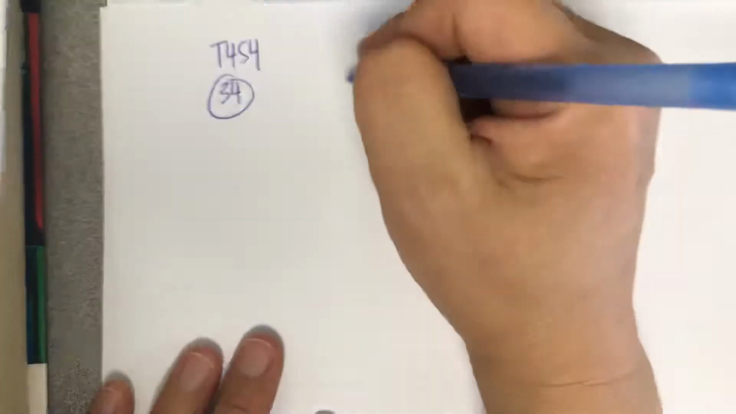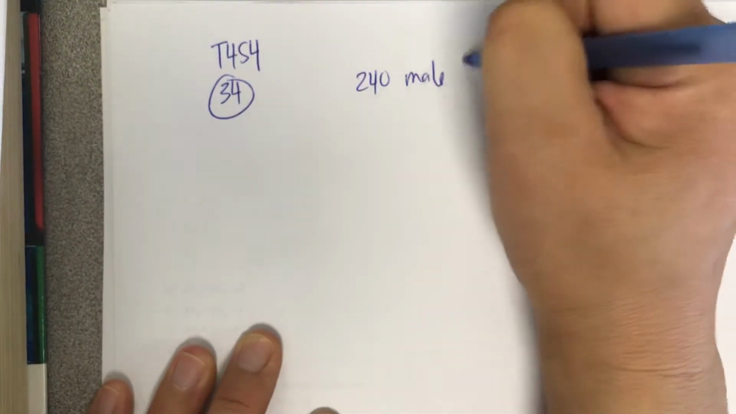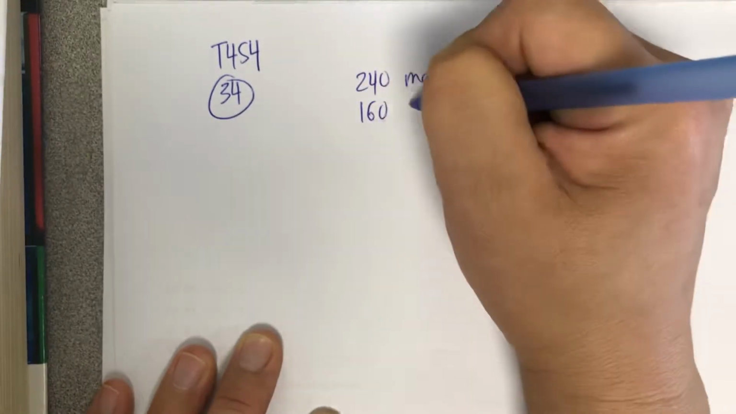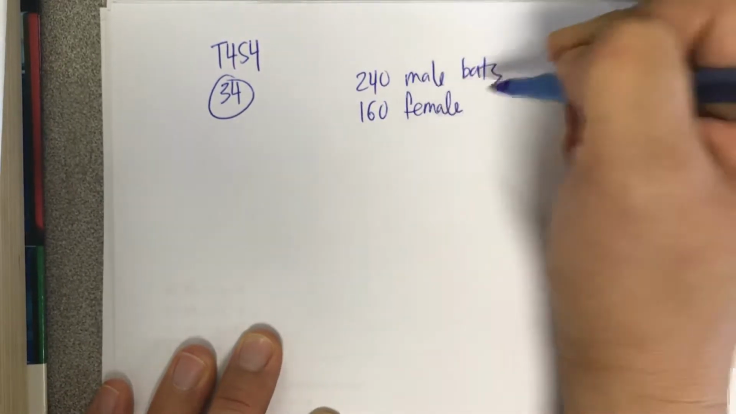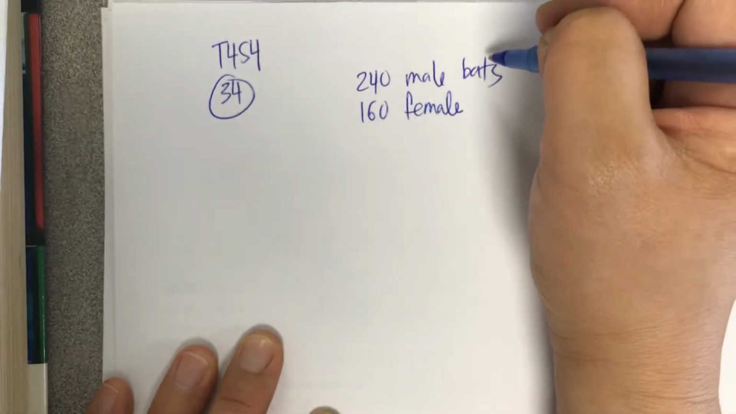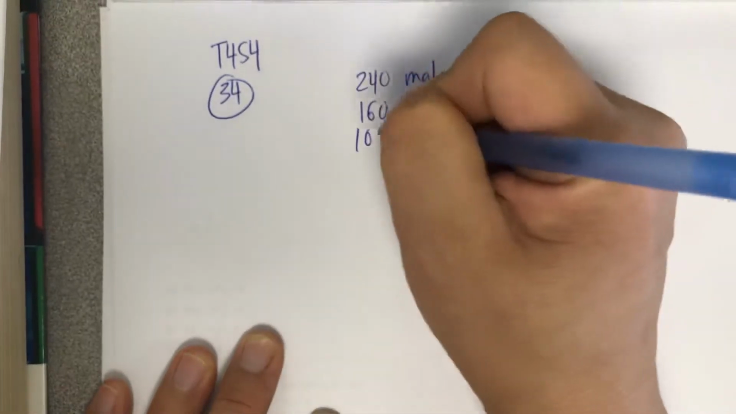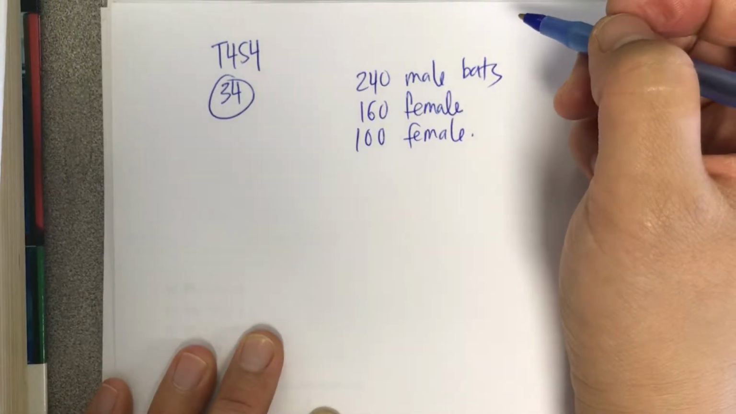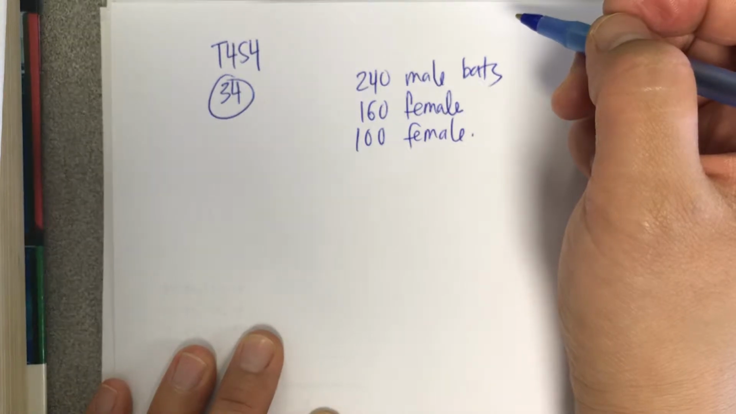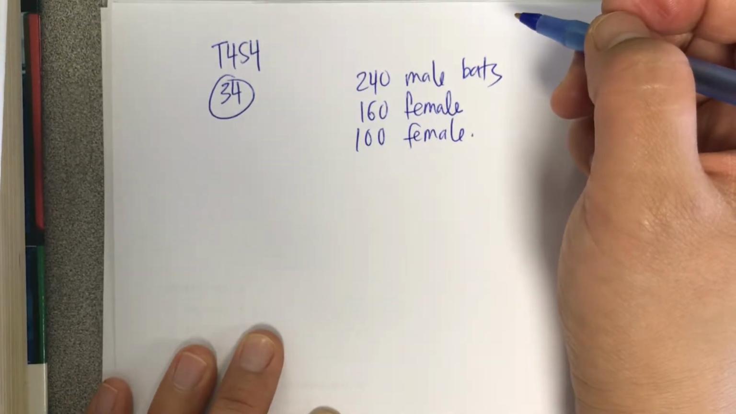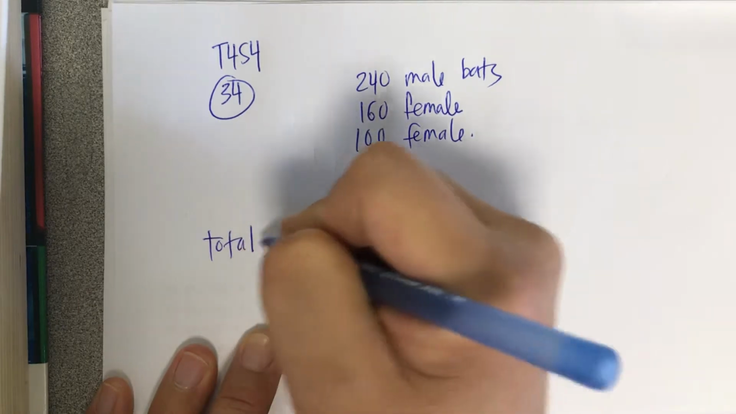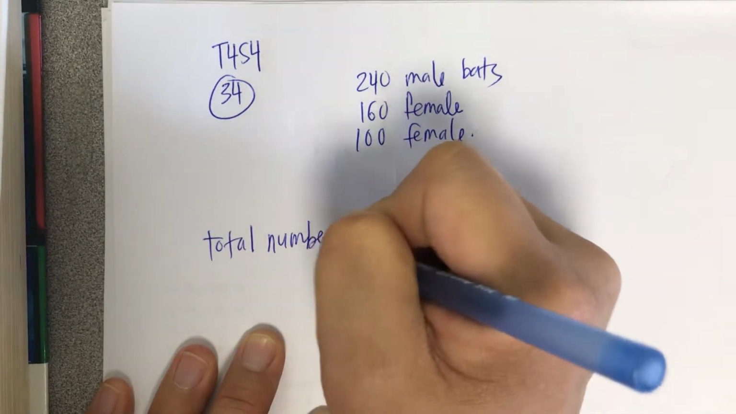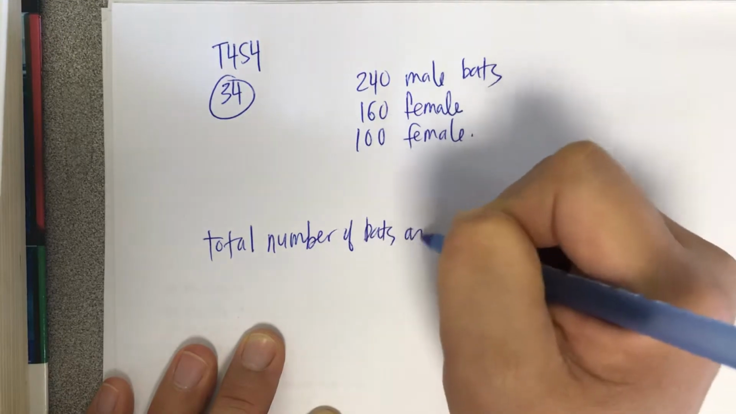For number 34, it says, in a study of bat migration habits, 240 male bats and 160 female bats have been tagged. If 100 more female bats are tagged, so we're going to add in 100 more female, how many more male bats must be tagged so that 3/5 of the total number of bats are male